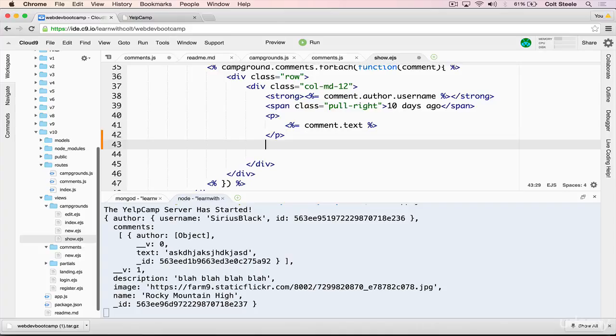So below that, we'll just add in Bootstrap. We'll do an anchor tag with a Bootstrap class, btn, and we'll do btn-xs, extra small, so it's smaller, and the color can be warning in our case. And then here we'll just add edit,